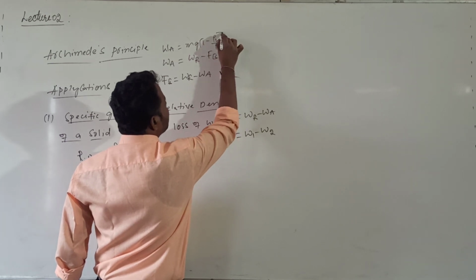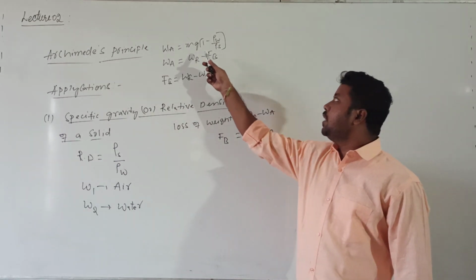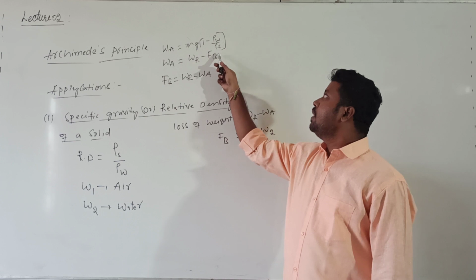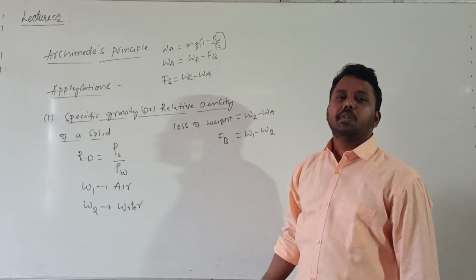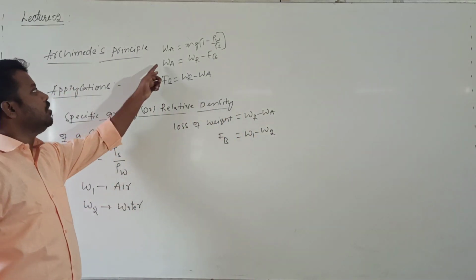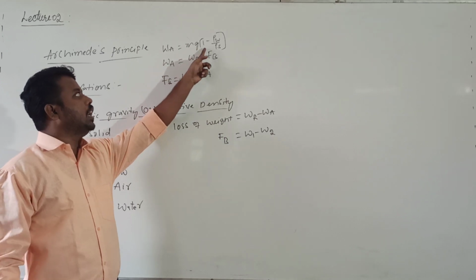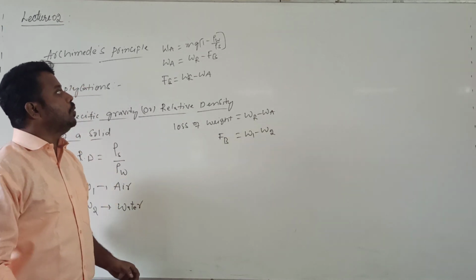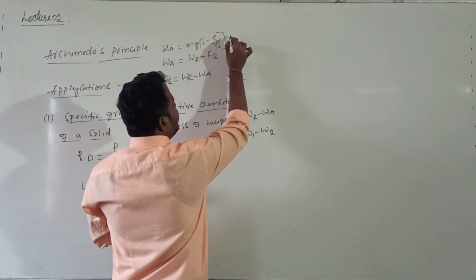So the apparent weight value will be equal to the formula from last class, mg into 1 minus rho L by rho. Here it is water, so rho W by rho S. What is the rho S value? That is the density of the solid. What does it mean? You compare this WA only. In place of WR, mg. In place of FB, mg into rho W by rho S. Can I write down? Which value is equal to mg into rho W by rho S.